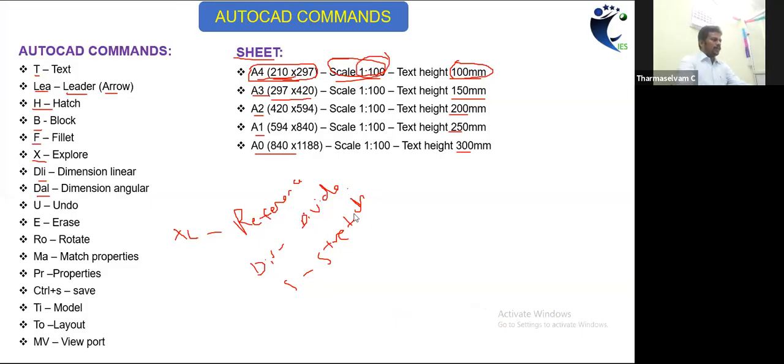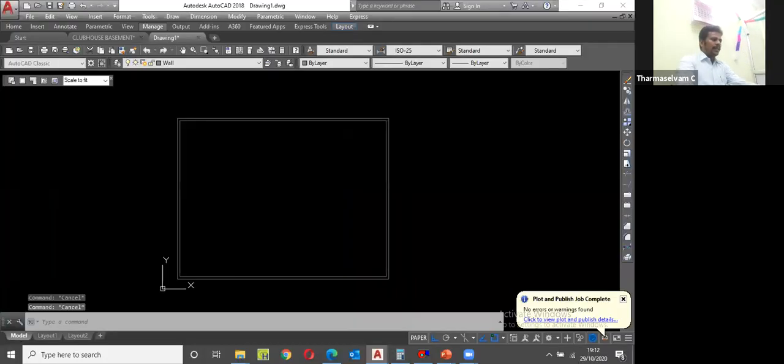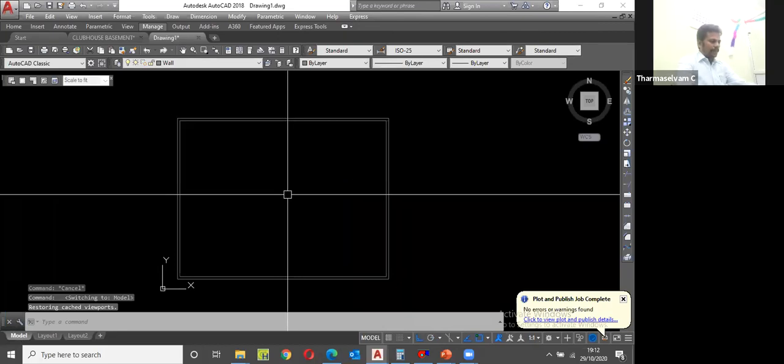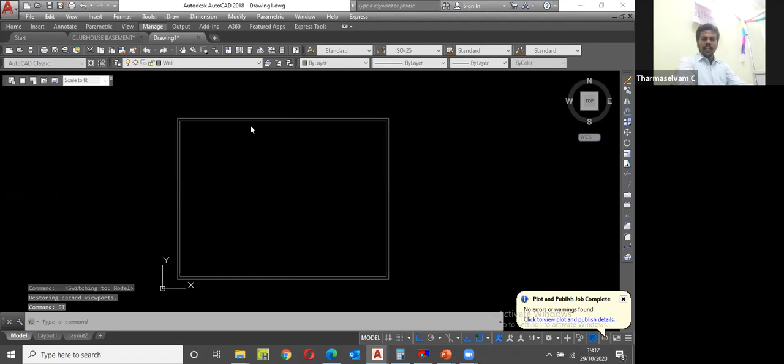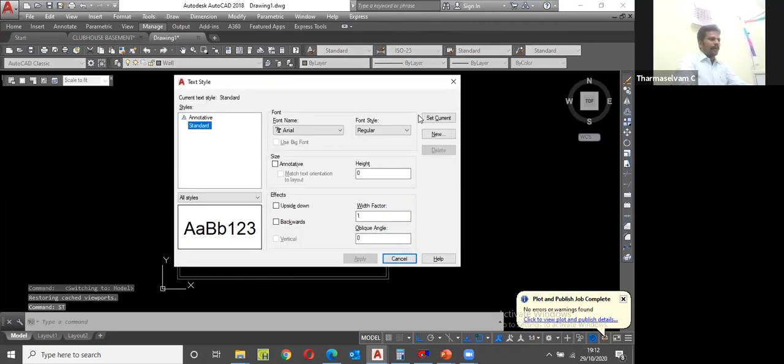Now I am going to the model. Now type style: ST, enter. One dialog box opens. Here I am going to set the